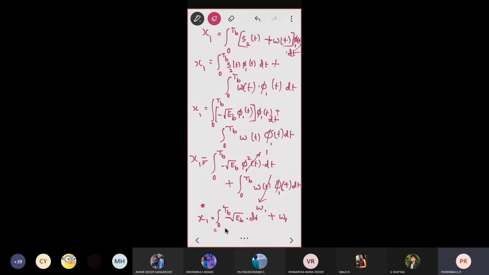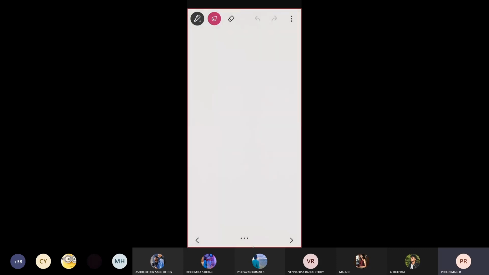So if we normalize Tb, it is equal to minus root Eb plus W1, which is the x1 value. Now, since we need to find the probability of error for the BPSK signal,